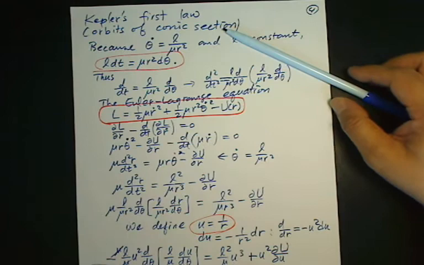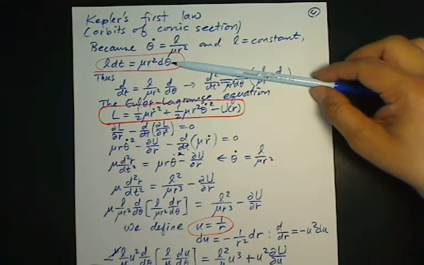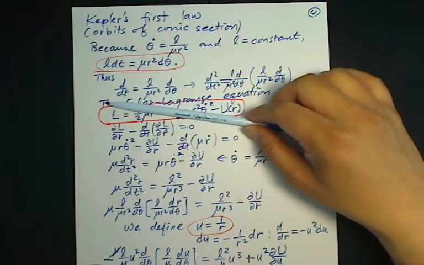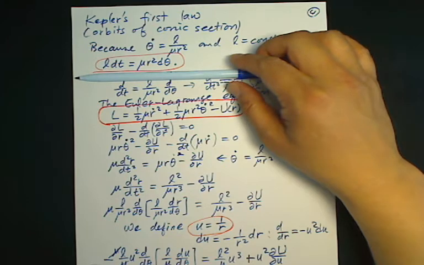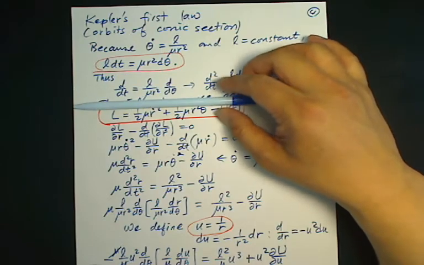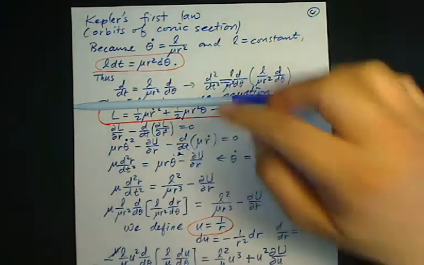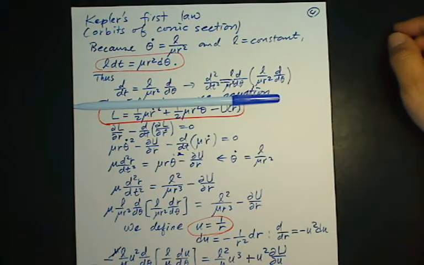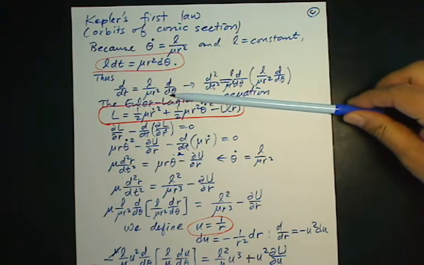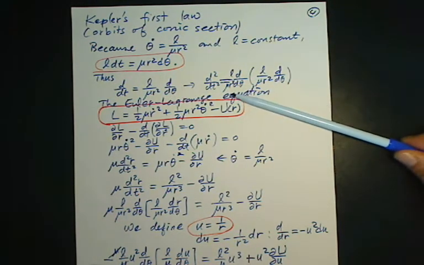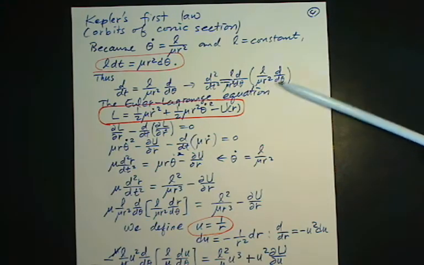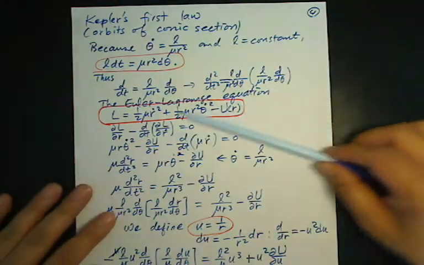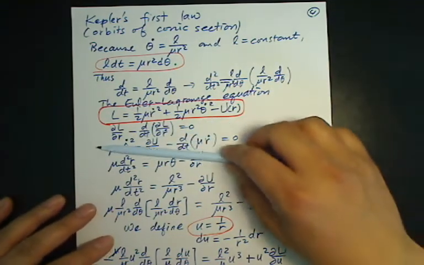For Kepler's first law, the angular momentum conservation is to be used. This angular momentum conservation states that dt is related to d theta. From this, we can replace the derivative with respect to time with the derivative with respect to angle theta. If I repeat this twice, then I have L over mu r squared times the angle derivative, twice. The Euler-Lagrange equation states that we have